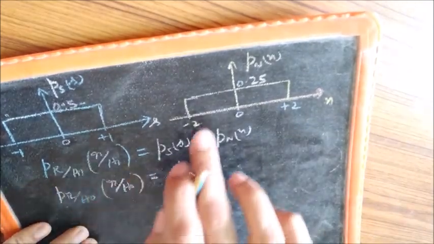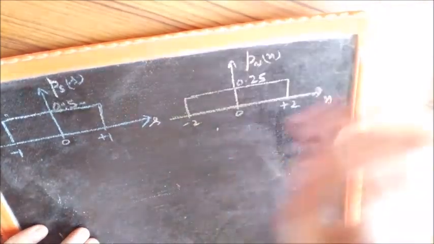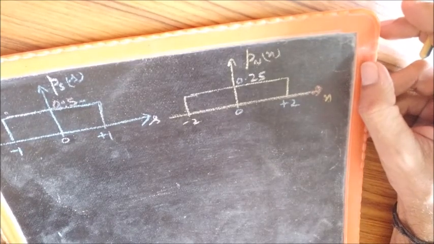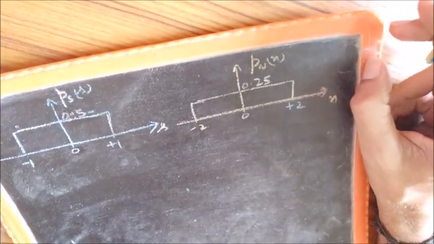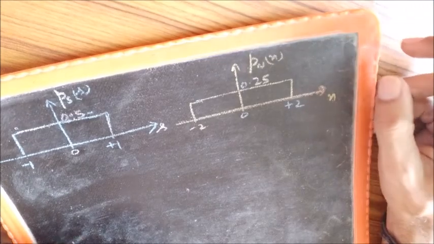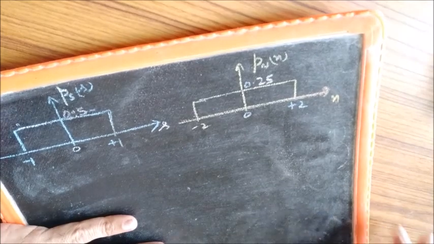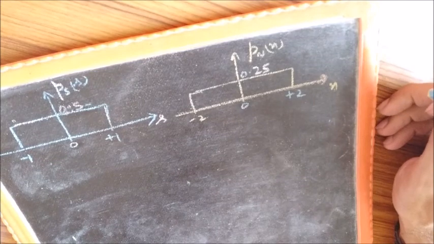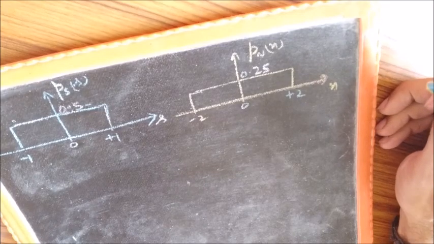So to get P(R|H1), we have to convolve these two. The convolution of these two is quite simple because you can do it by observation. They are both rectangular functions, so to say. So we can easily convolve them. I will not be going through the steps, it can be done through observation, it can also be done through steps, which can be quite lengthy here. But since we are supposed to be fairly well versed with convolution, we should be able to do it without going through the steps, because the functions involved are quite simple.